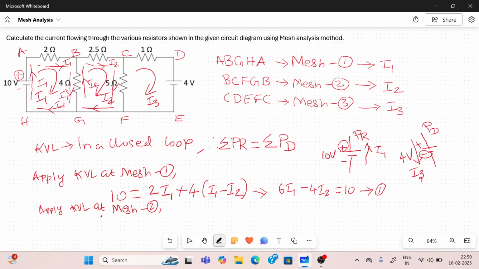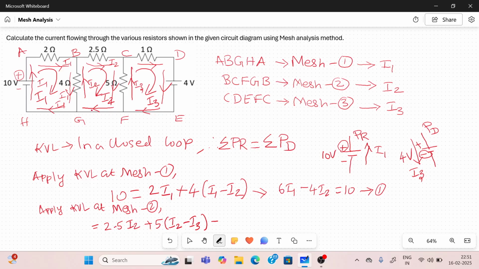So now 2.5 into I2, that is also creating the drop. Next, coming to the 5 ohm resistor. The 5 ohm resistor is also carrying both the currents. Similarly, the current I3 will flow from C to D, D to E, E to F, and then F to C. The current I3 flows from F to C, but I2 current will flow from C to F. Again, both the currents are opposite, so the difference in current will flow. I am doing this with respect to mesh 2, so mesh 2 current minus mesh 3 current,